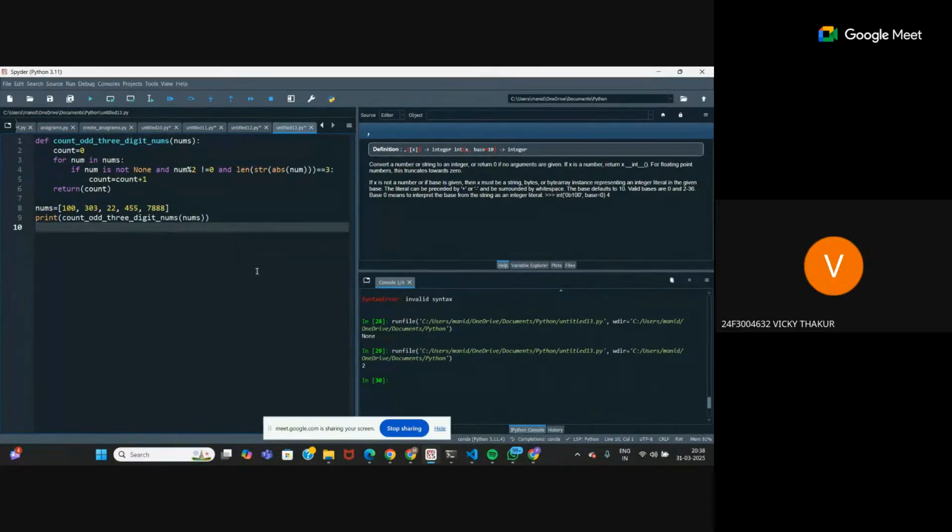Clear for everyone? Ma'am, what if we interchange the conditions? Like you have written if num is not None and num % 2 is not equal to 0. If we interchange those two conditions, it doesn't matter. It will work, because they're joined by and, so the ordering doesn't matter. Okay. Ma'am, can you write this code without using count? Yeah, without using count you can use the generator. So you can use sum for that. Should I write it now? Yeah, ma'am, please. Okay, just give me a second.